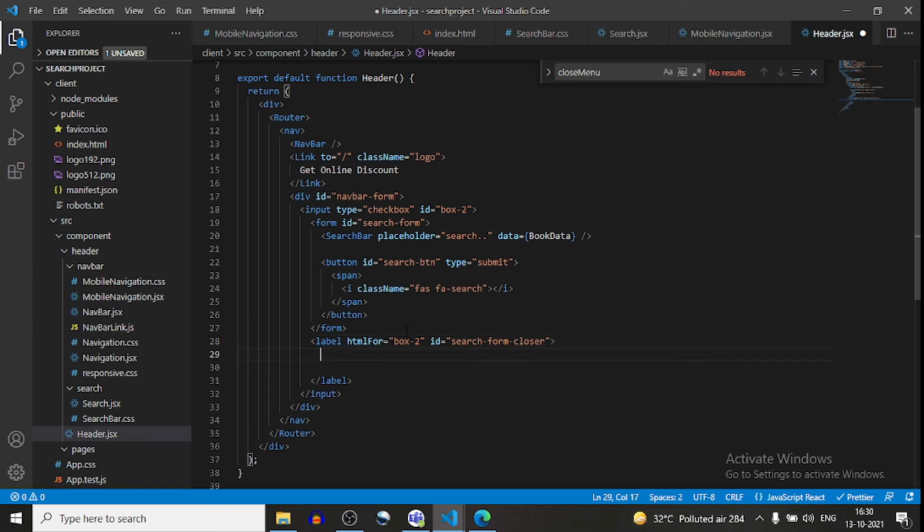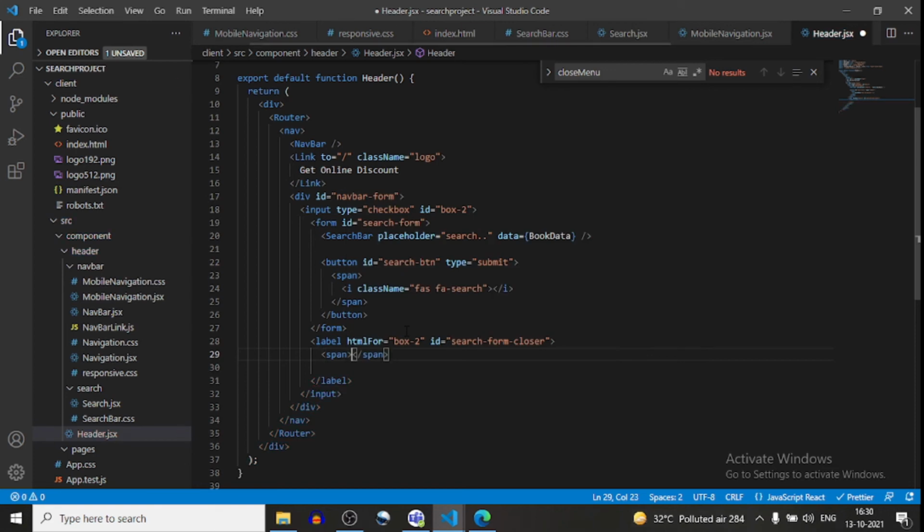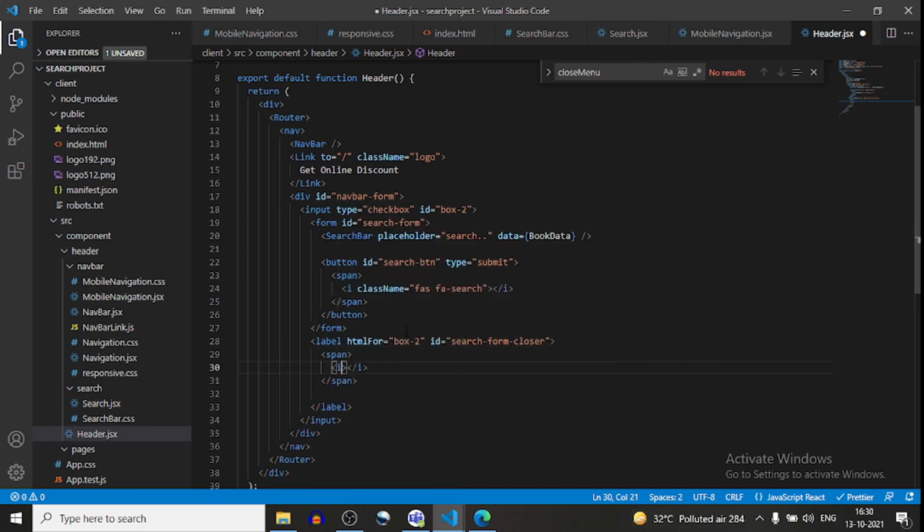Inside this I will create a span, and inside this span again I will create an i, and this i again has a className, the same.